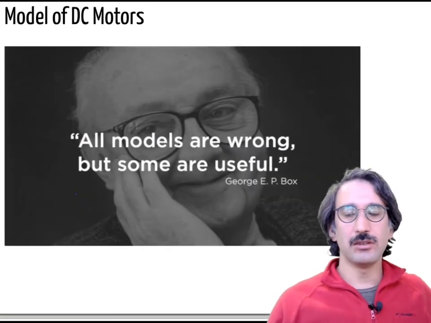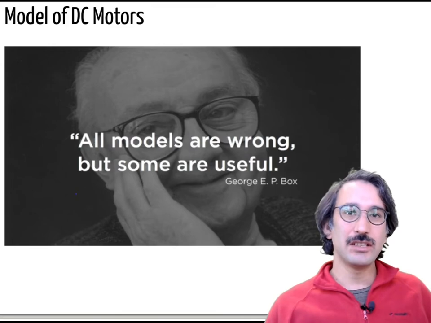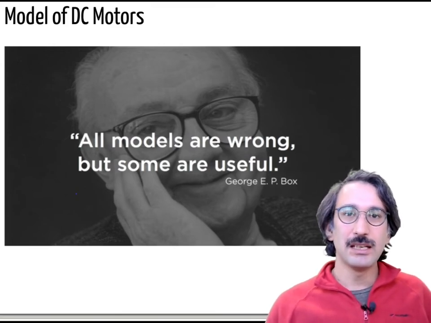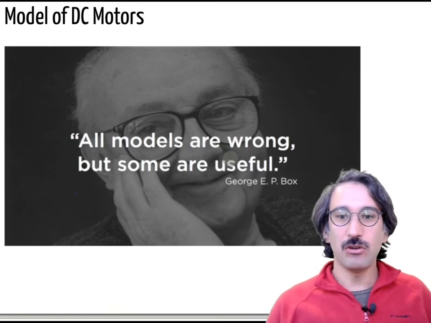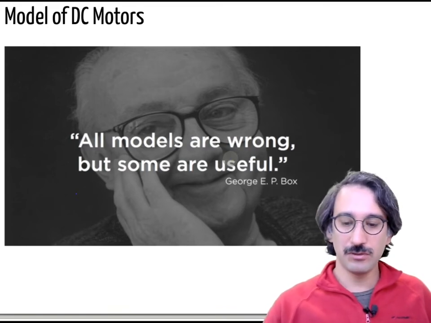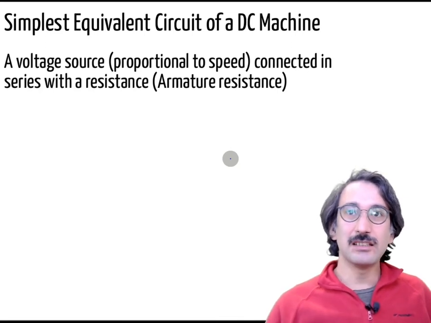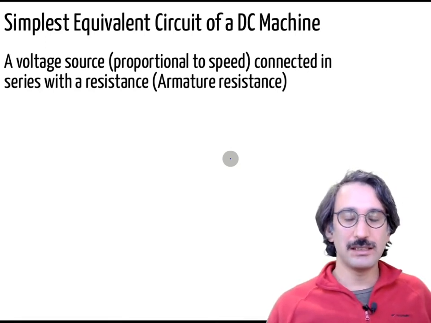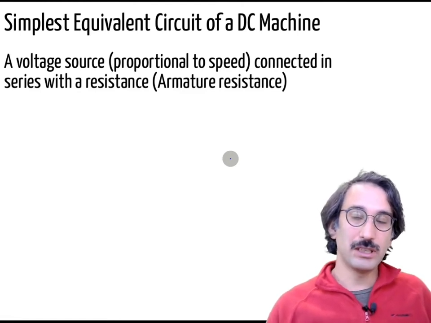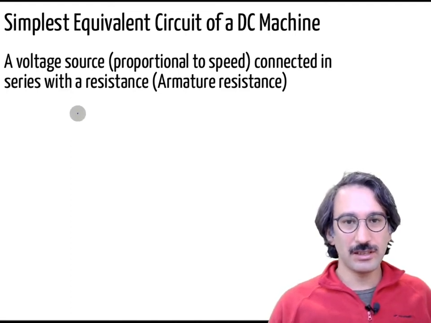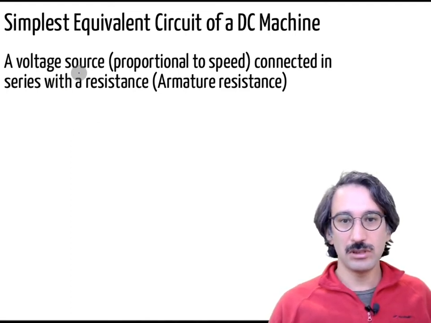So again, we as electrical engineers like to put things in simple models, and there's a famous saying that all models are wrong, but some are useful. It's not 100% accurate for any DC machine, but it is useful during modeling and simulation of electrical machines. So generally, electrical machines can be represented as a voltage source, which is proportional to speed, as we will see,